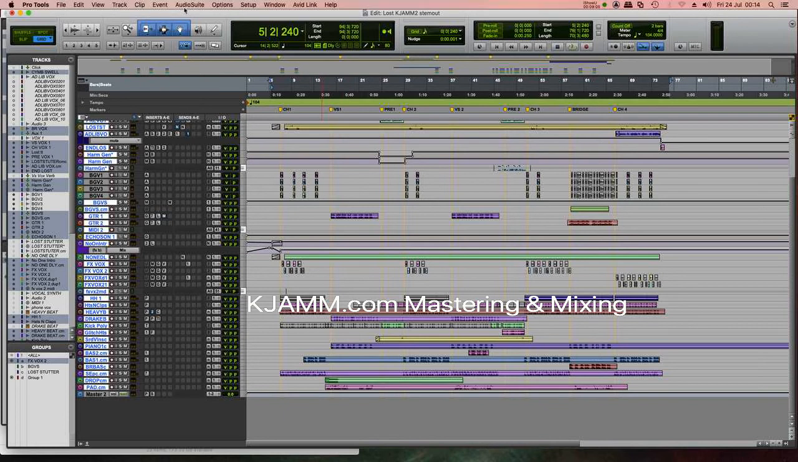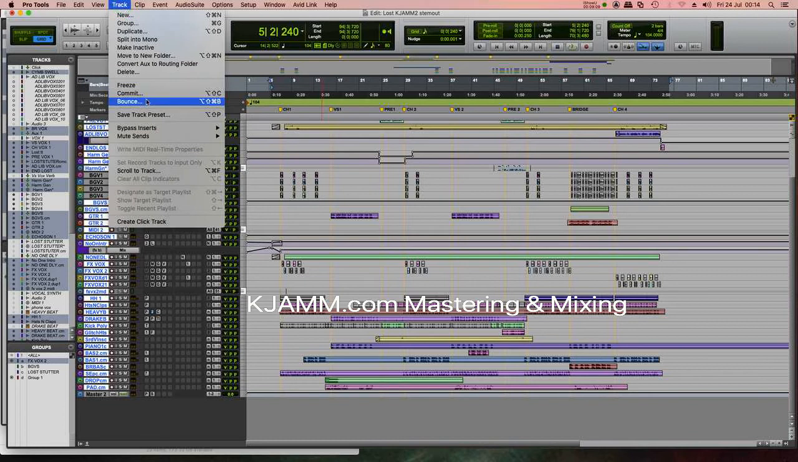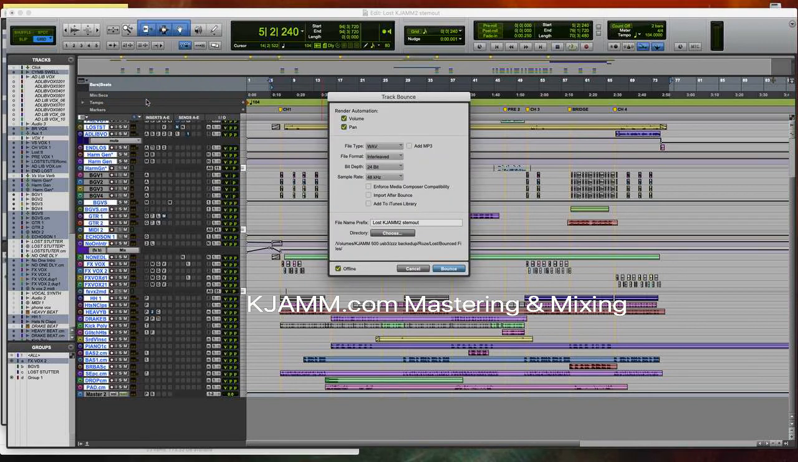We go track bounce. So unusually, ProTools takes no notice whatsoever of the master fader or whatever else comes after this. This is a straight, almost direct out bus bounce from each track. We're going to keep the automation because that's important for this stem out. If we're stem mastering or for live stuff or even for mixing,